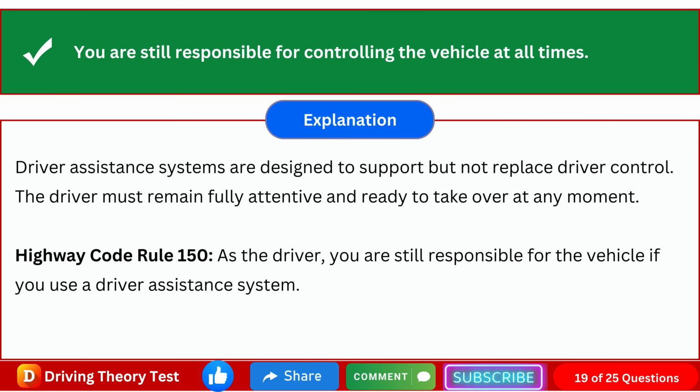The correct answer is you are still responsible for controlling the vehicle at all times. Explanation: driver assistance systems are designed to support but not replace driver control. The driver must remain fully attentive and ready to take over at any moment. Highway Code Rule 150: as the driver, you are still responsible for the vehicle if you use a driver assistance